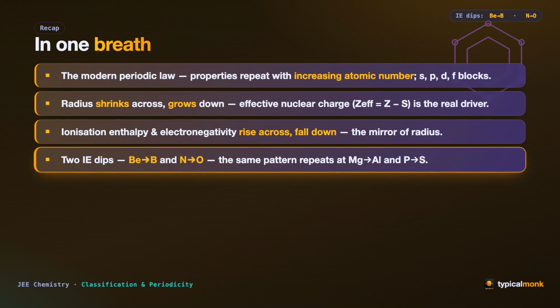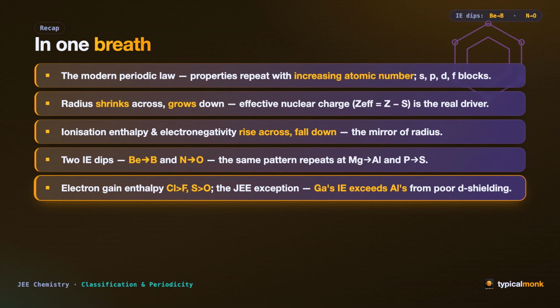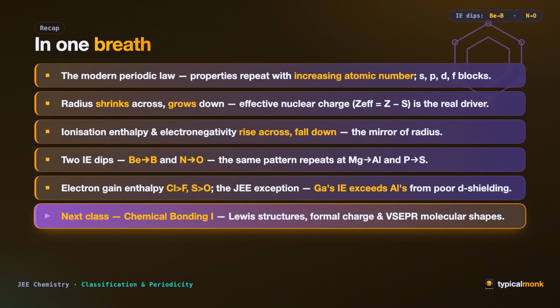Through ionization enthalpy dips, beryllium to boron and nitrogen to oxygen, and the very same pattern repeats at magnesium to aluminium and phosphorus to sulfur. Electron gain enthalpy favors chlorine over fluorine and sulfur over oxygen. And the one exception, gallium's ionization enthalpy, exceeding aluminium's, comes from poor shielding by filled d electrons. And next class, we step into chemical bonding, Lewis structures, formal charge, and the VSEPR shapes that decide how molecules